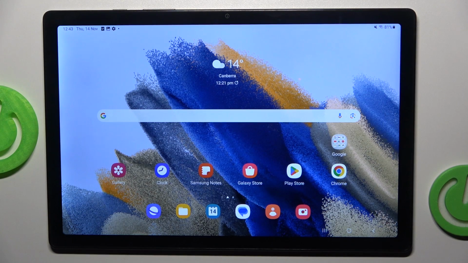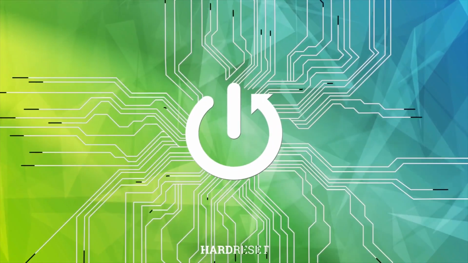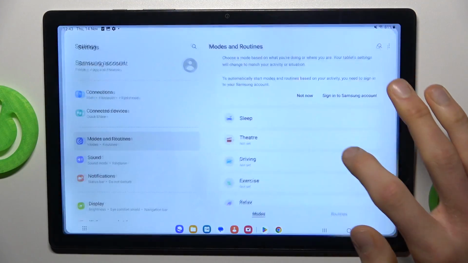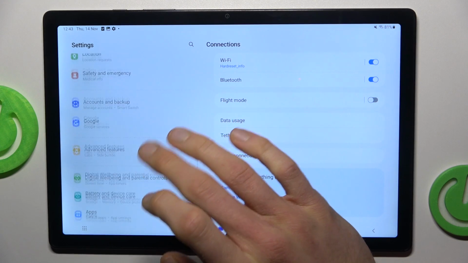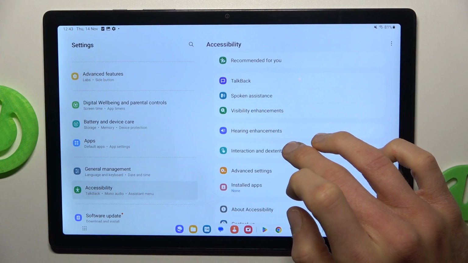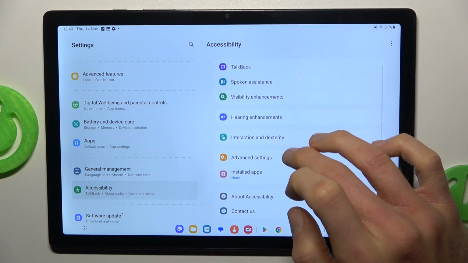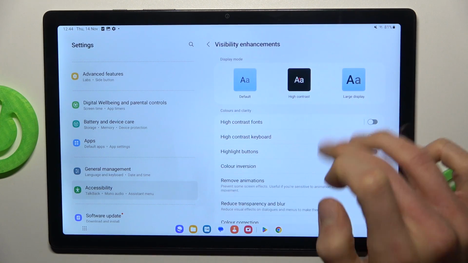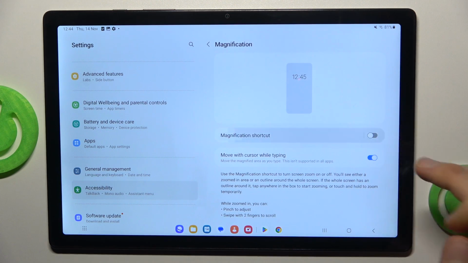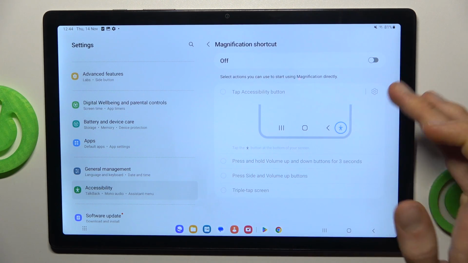Today I have Galaxy Tab A8 and I want to show you how to remove magnification on this device. Start off by opening the settings application. In it, scroll down and look for the accessibility button, where we have our magnification in vision. There we must turn it on by swiping down and turning it on, and choose how we want